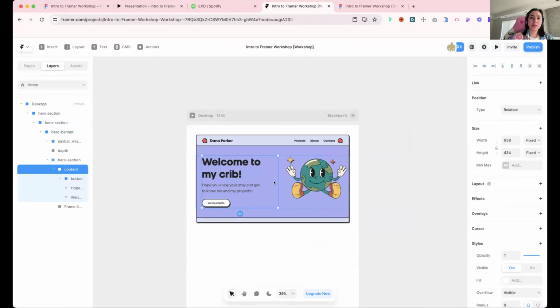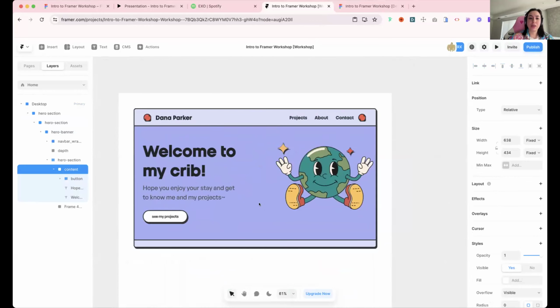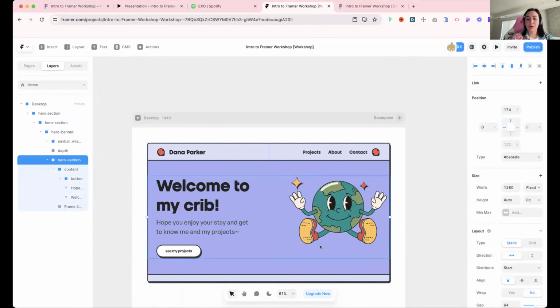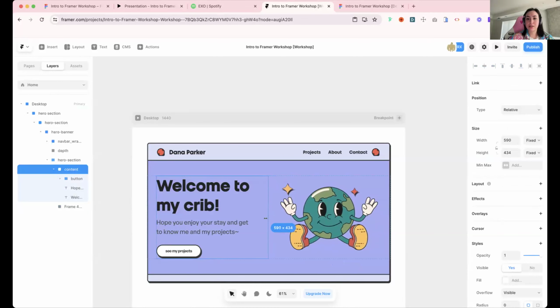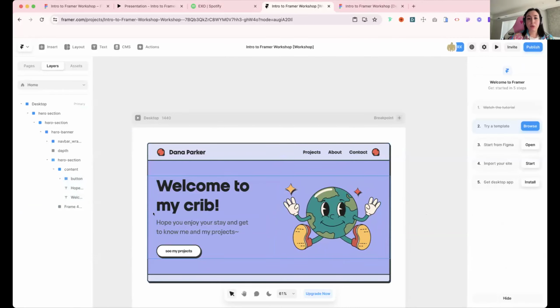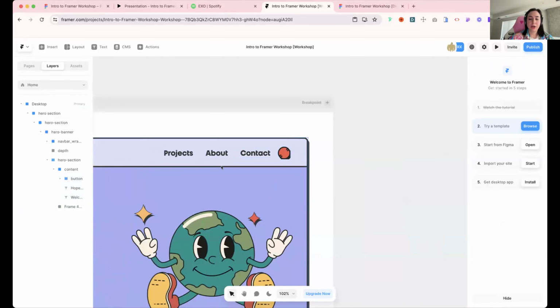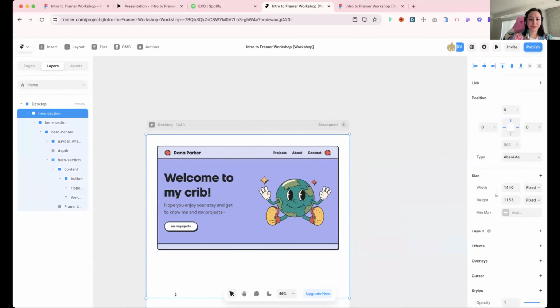So for the most part, this has been copied over really nicely. There are a couple issues where things are not necessarily center aligned, but we can easily fix that. You can maybe make this image a little bit taller. Maybe you want to make sure that this frame is a little smaller, etc., so that things look a little bit more flush and there's consistent padding on the right and the left. One thing you're going to notice is these graphics, they've not been copied over really nicely. We're going to get to that later, but for now, what I want to show you is also perhaps